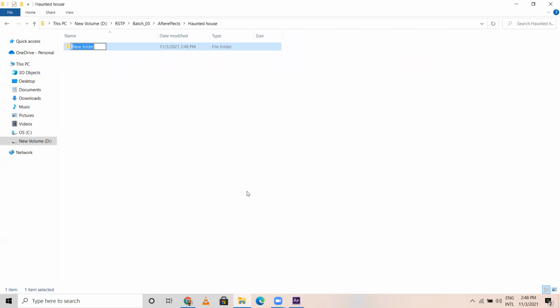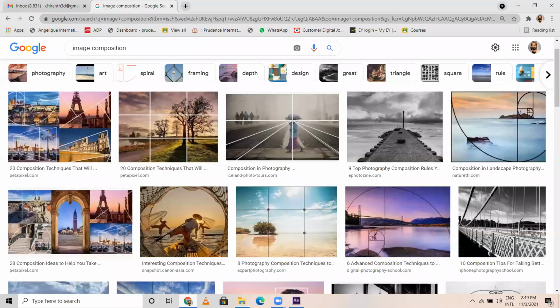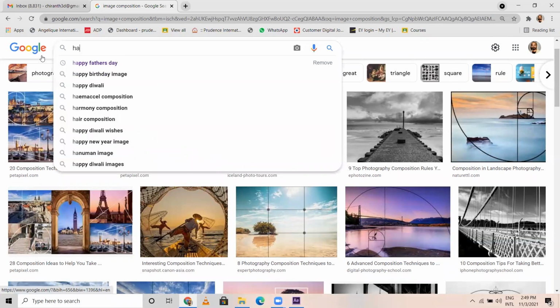So here I'd like to have an assets folder. Assets are those which I'll be using for this particular haunted house composition. Now we have to do a bit of R&D, which means research and development, with respect to what elements are required for this haunted house.